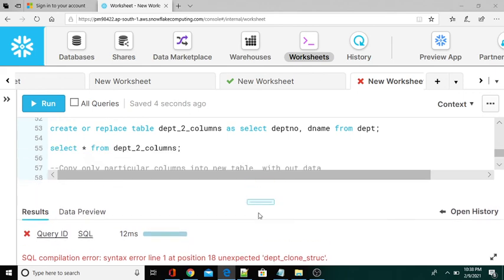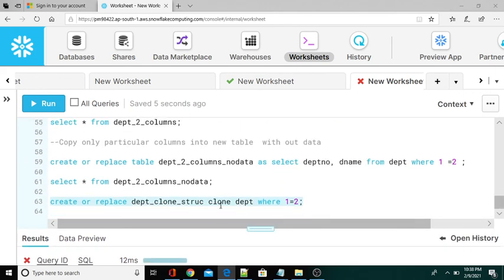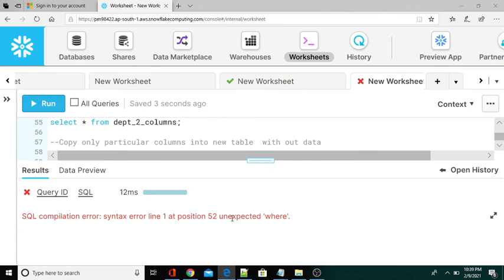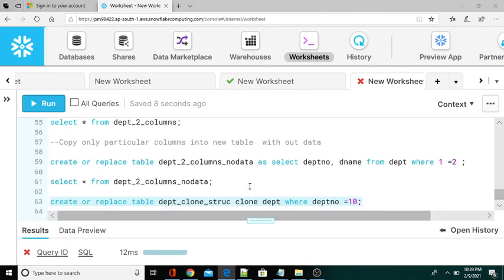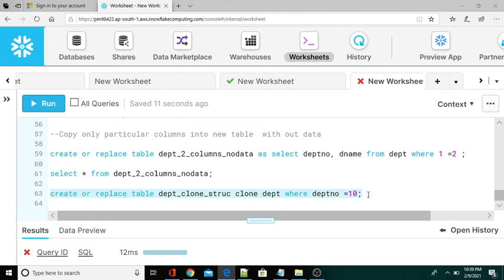See, with the cloning option we cannot clone with a where condition. This is a false condition, so let me try with DEPT number equal to 10. Let me create. We get an unexpected where condition error, which means we cannot create this.